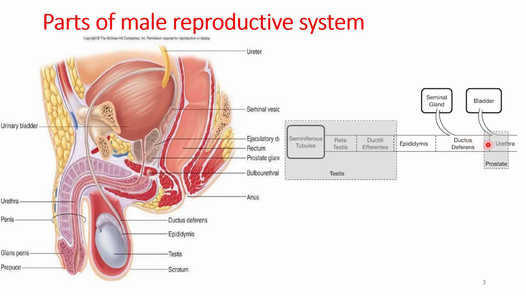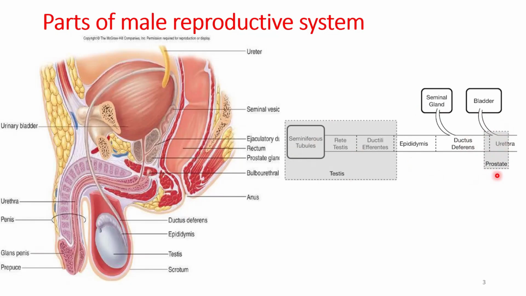The ejaculatory duct, ideally, in the prostate joins the urethra, and then the secretions will come out using the penile urethra. So that is the flow of the sperms from the seminiferous tubules until ejaculation